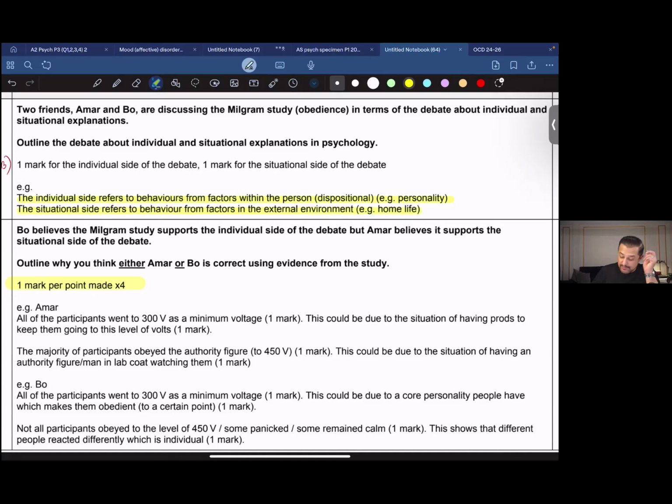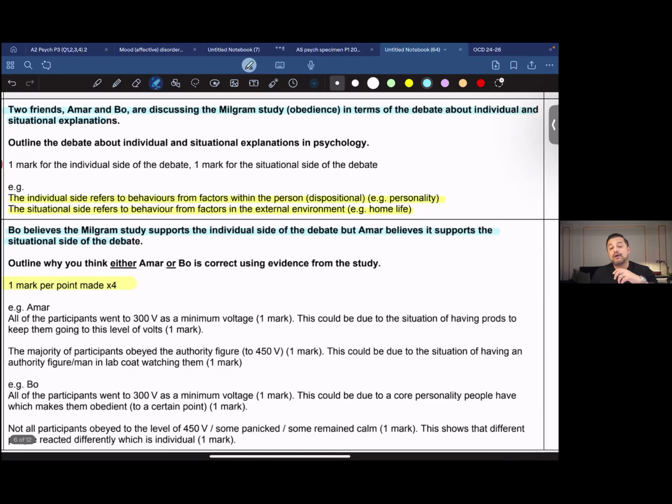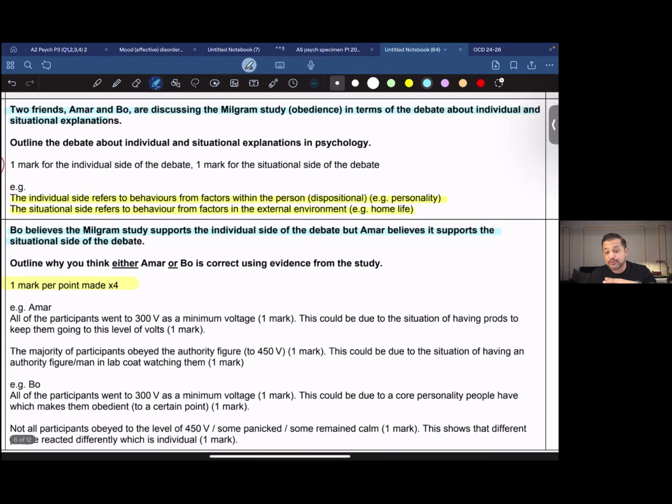Bo believes that the Milgram study supports the individual side of the debate, but Amar believes it supports the situation side of the debate. So these are two friends. They're discussing the Milgram study. They're having a debate over the extent to which the study conducted by Milgram supports the individual explanation or supports the situational explanation. So taking sides with Amar over here,